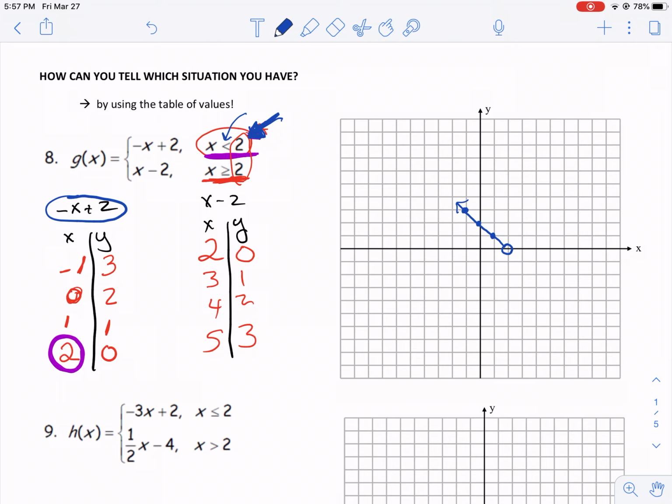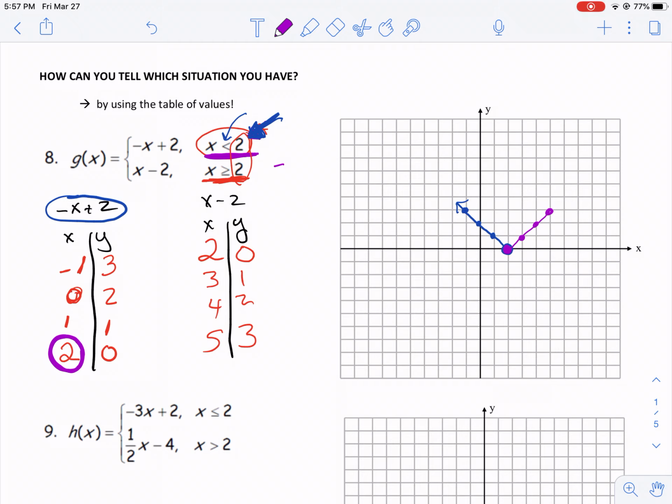Okay. Now, if we go plot the next set of points, I've got 2, 0. Well, that's supposed to be a closed circle for 2, 0. So that pretty much just fills in the open one, and that's what makes this graph continuous, is I just filled in the plug, basically. 3, 1, 4, 2, and 5, 3. And I connect those